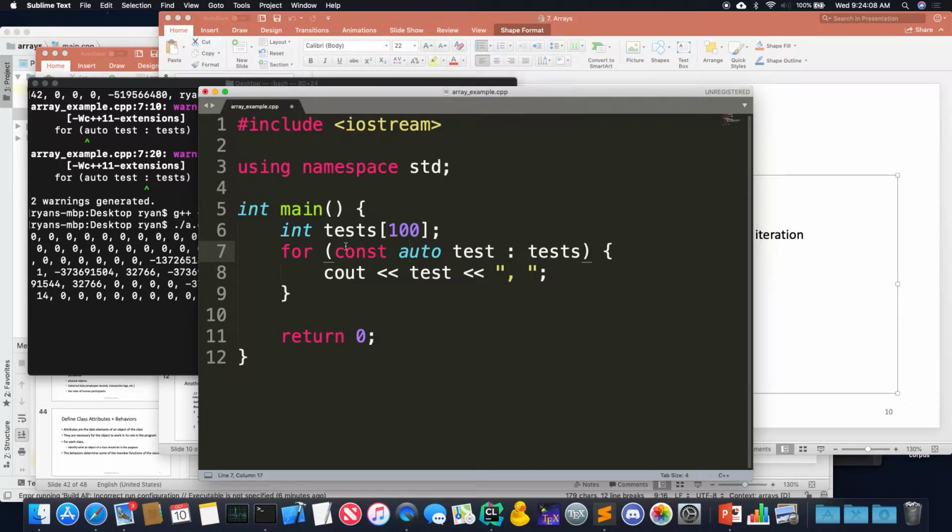Is there a better way I can avoid this unnecessary copy? Reference. Do a reference. If I put a reference here, I'm just accessing the value. I don't care about having an independent copy. This is something I use all the time: a const auto reference on the range-based for loop.